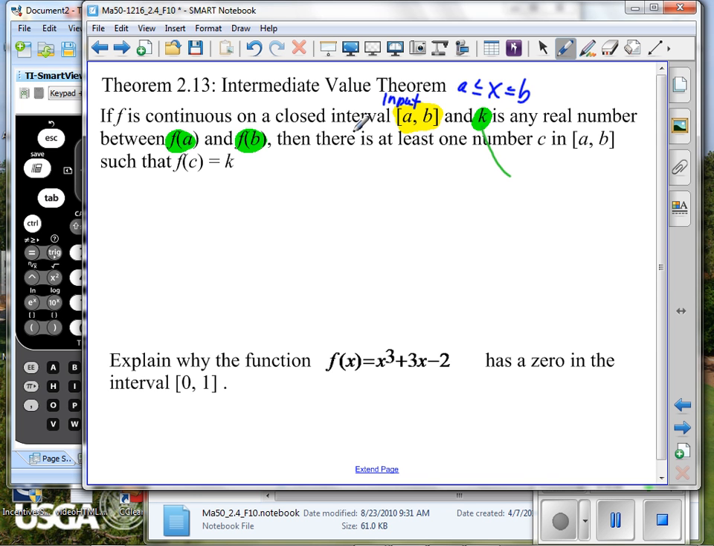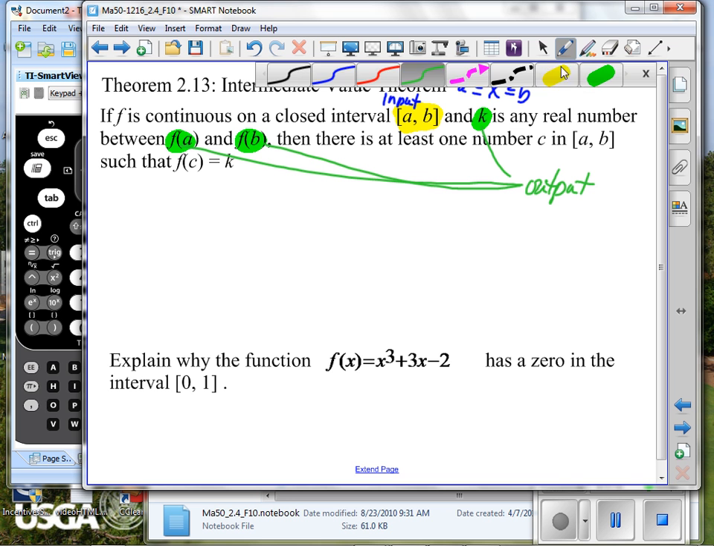How do we know that? Because it is between two other output values. So we're saying that it's continuous on the inputs between a and b, including a and b, and that there's some other value k between two other output values. Then there is at least one number c. What is c? Input or output, in the closed interval a, b? Input. It is another input value in the closed interval a to b, including a and b, such that,